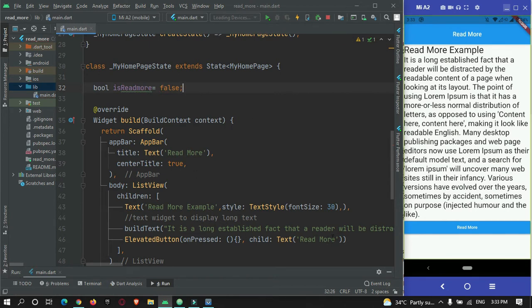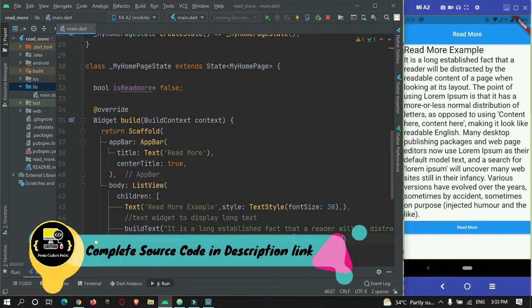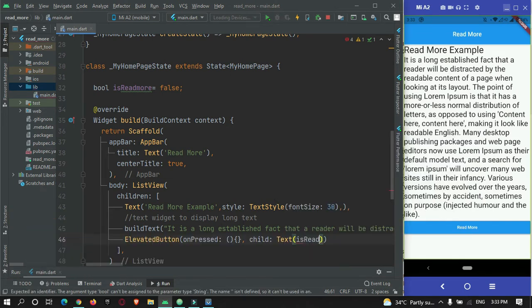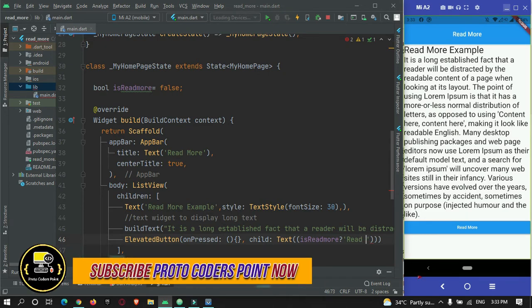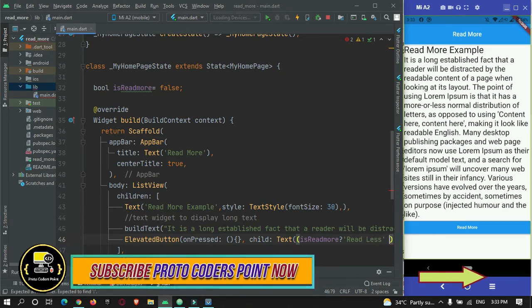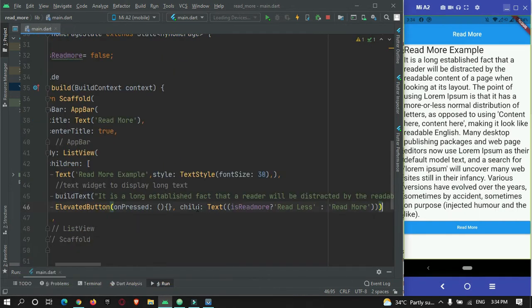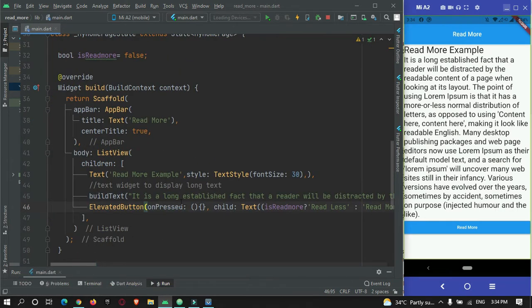Now let's give this functionality to this text field. Over here, if isReadMore is true, then let's display read less, and if it is false, then we'll show read more. Now when this button is pressed, I need to change the variable to true or false.